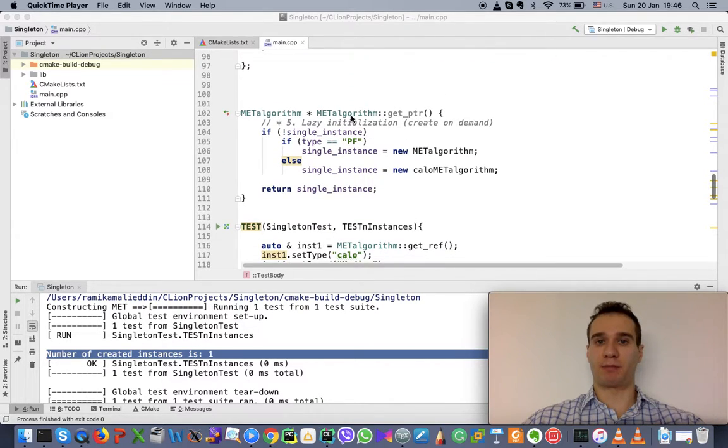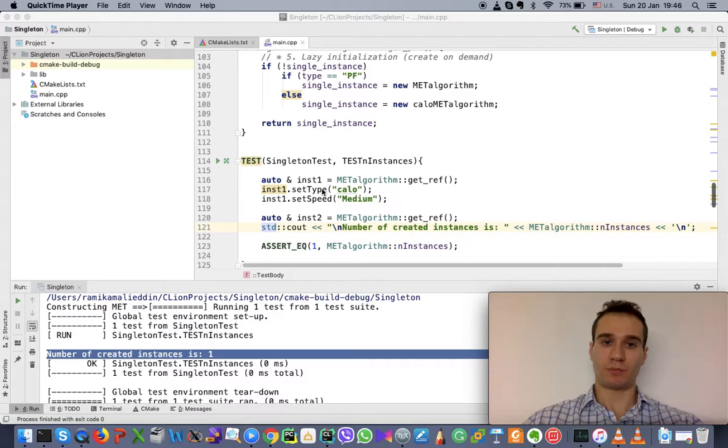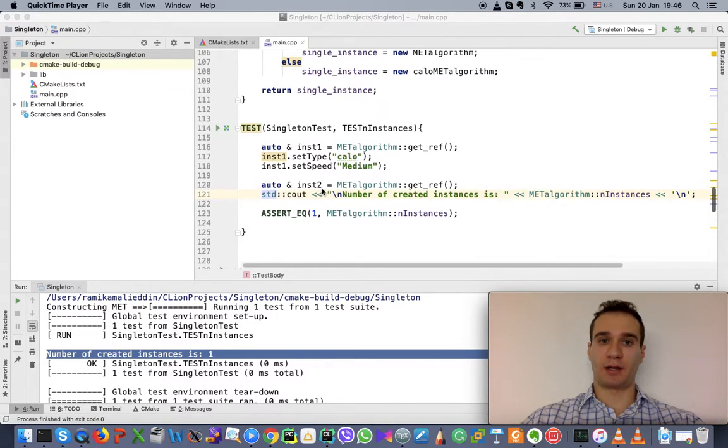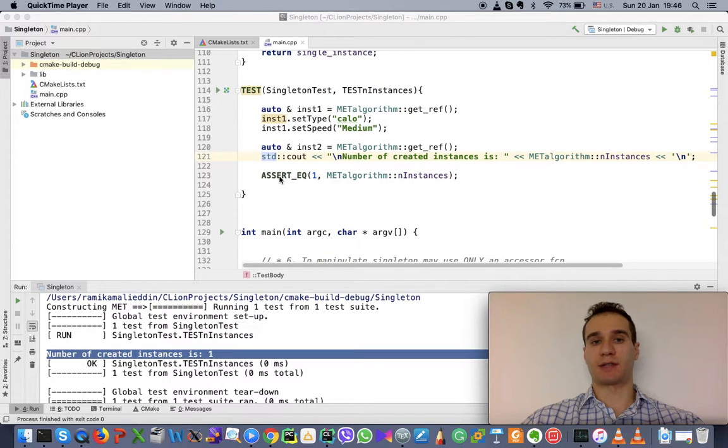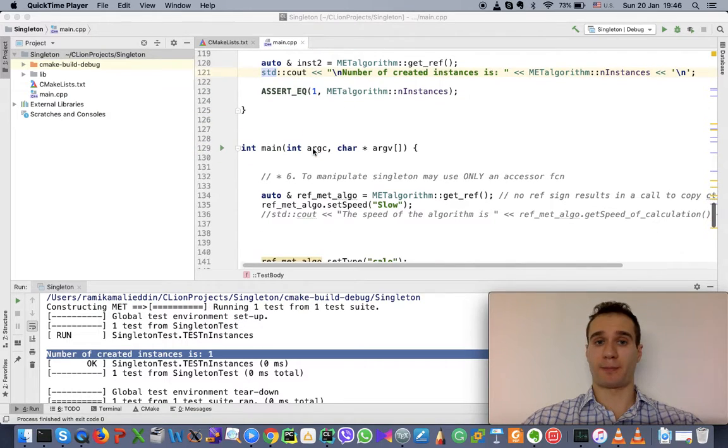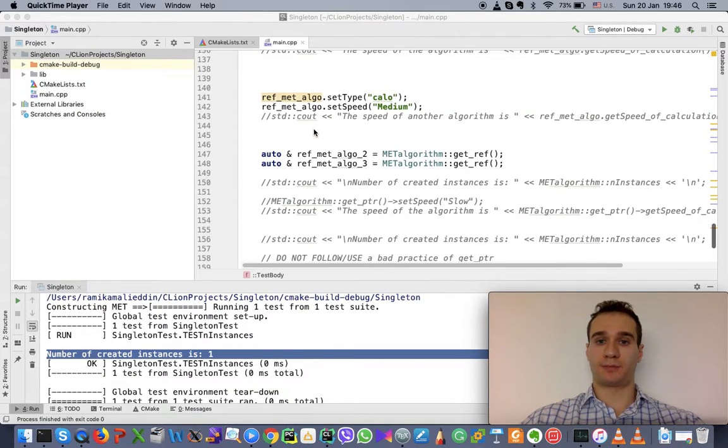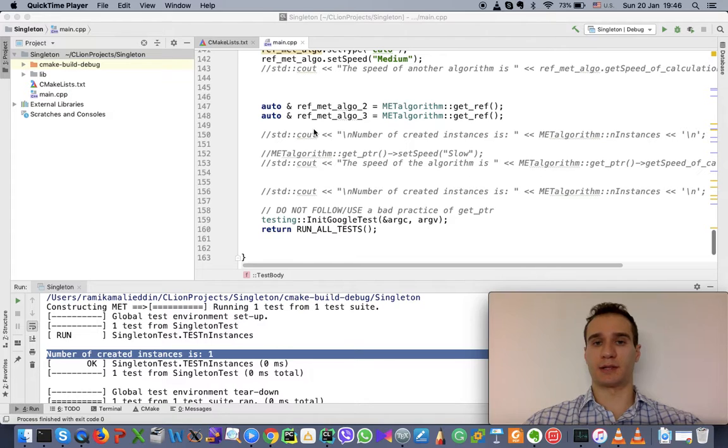Finally, we defined our getPtr function. Now we know how to do it, even though we will not want to, and will not be using it. Finally, we wrote here our test case. We defined a couple of instances, we modified them, and then tested with a third-equal whether it works fine or not, and it does. And finally, in the main function,